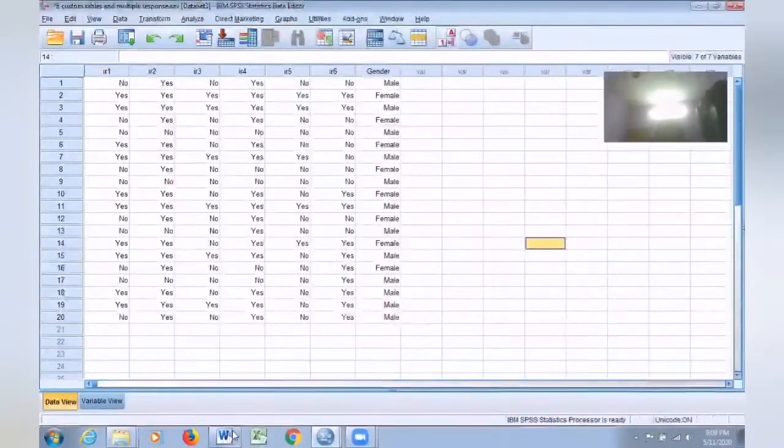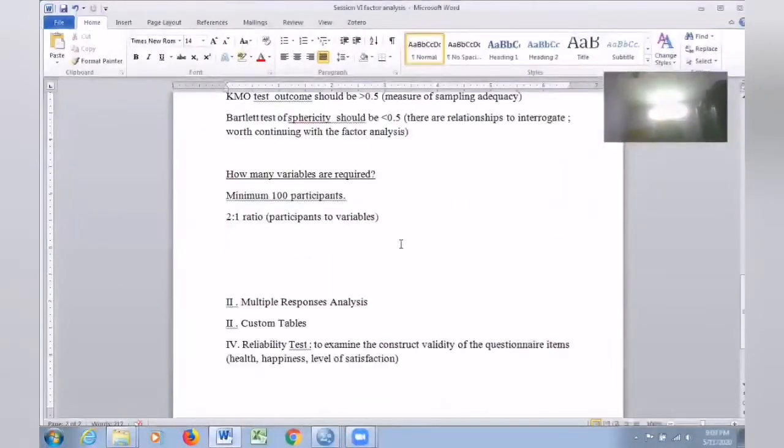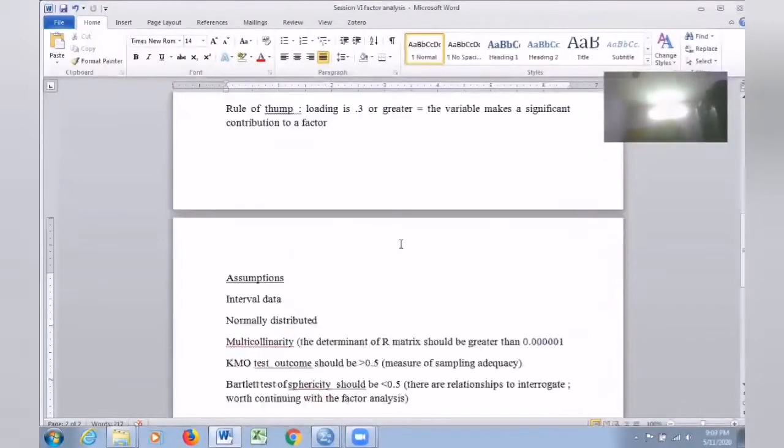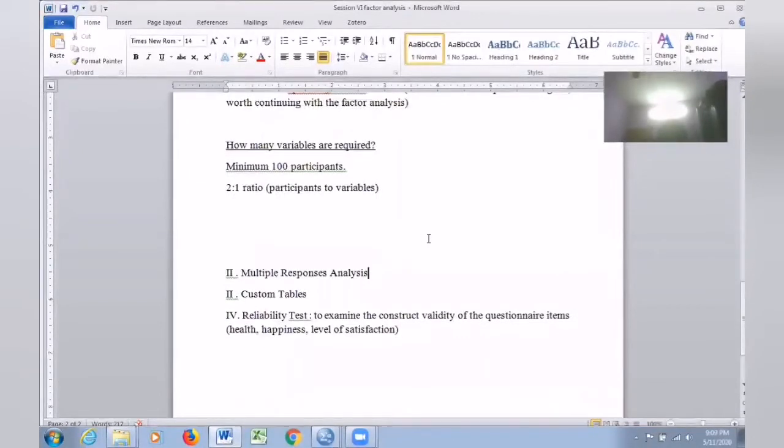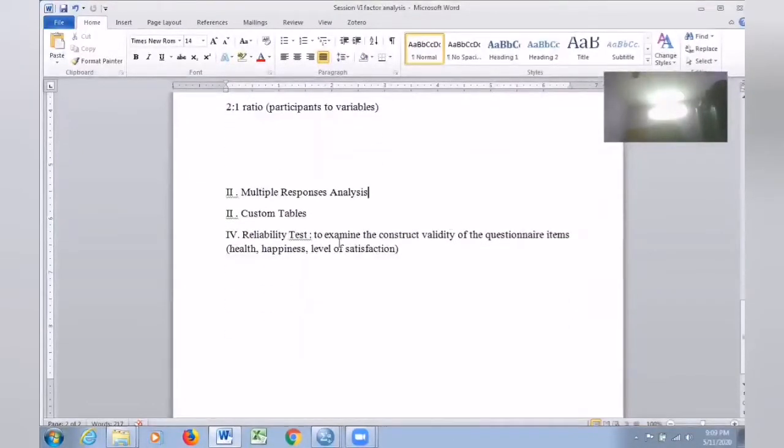So in the 6th session of today, we discussed factor analysis and we talked about multiple response analysis. We had seen how to prepare custom tables and how to check the reliability of the variables that I have collected in the form of questions from the respondents. So this is what we have got for today's session.